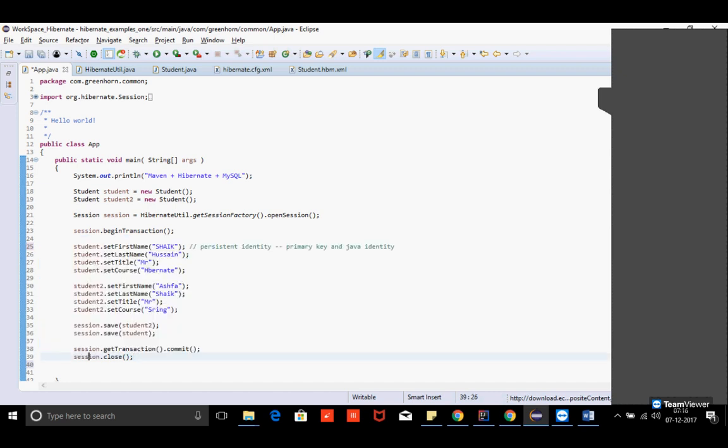As soon as you close this one, you are detached. Detached means you have kept your object outside of your session. The session is closed. Now, what is the state of student? The state of student is detached. What does detached mean? It has a primary key. In fact, it has a persistent identity, and in fact, the student has a Java identity,